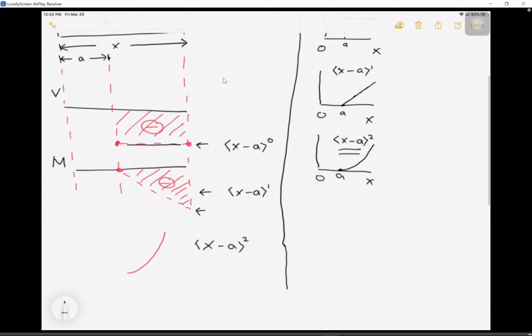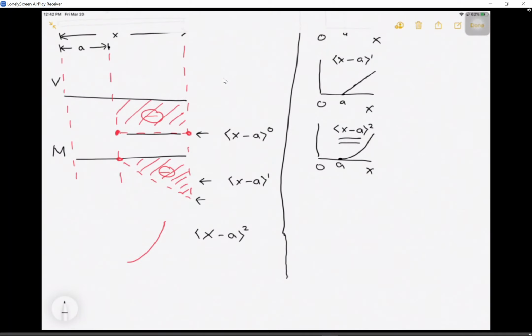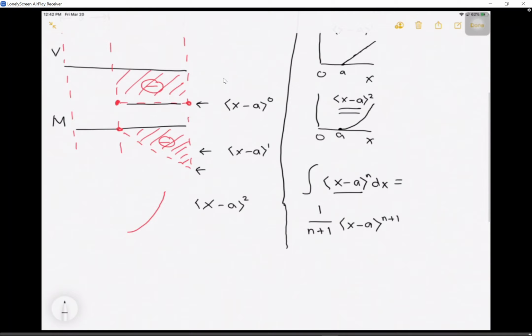So let's say we want to get the integral of (x - a)^n dx. We treat this as our x, or as our variable. So for this one, we are going to get 1 over n plus 1 times (x - a) raised to n plus 1. And if we're going to, for example, get the derivative of that same function,